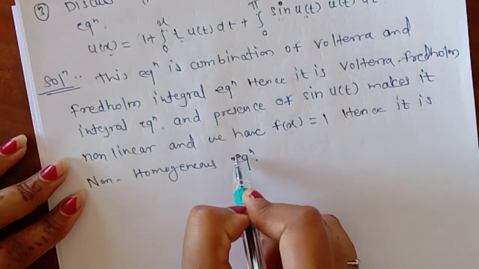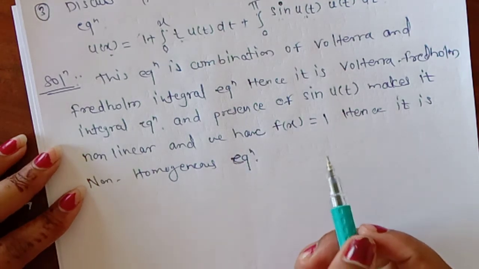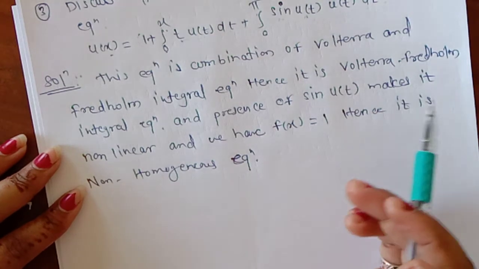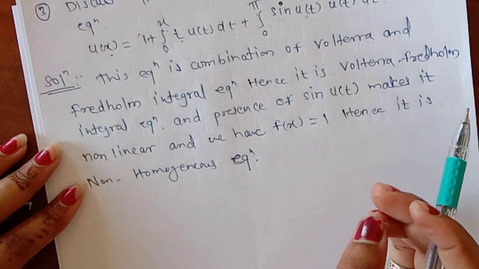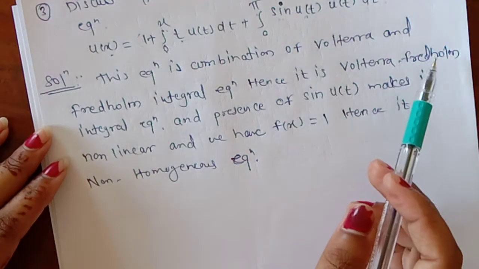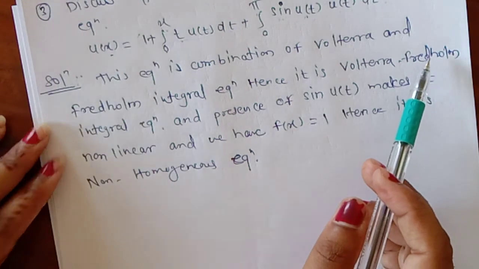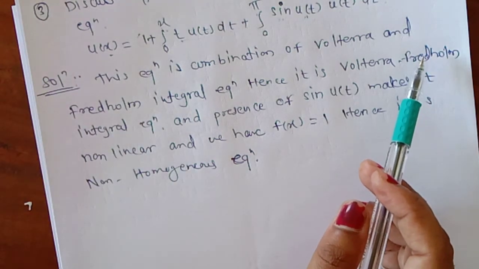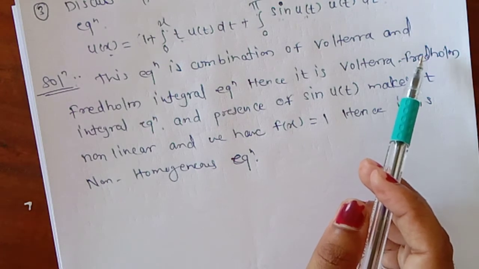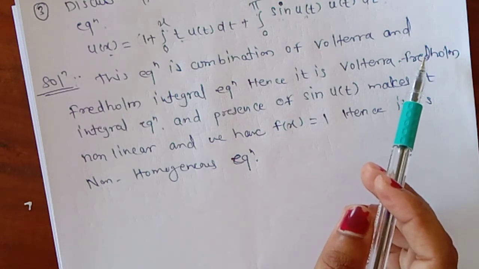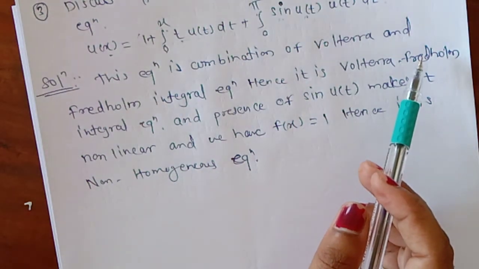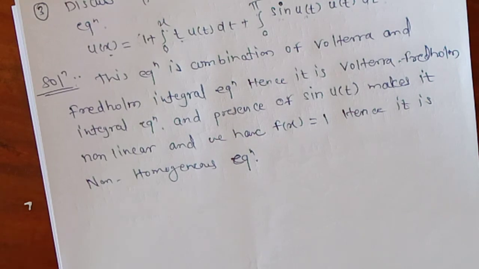Therefore, like this, if we are given any integral equation, you have to look at whether it is Volterra, Fredholm or which kind of integral equation. After that you have to look at whether it is linear or non-linear, and lastly whether it is a homogeneous or non-homogeneous equation. Therefore these are some examples which help to determine the concept of Volterra and Fredholm integral equations. So we stop here and look at the next part in the next lecture.